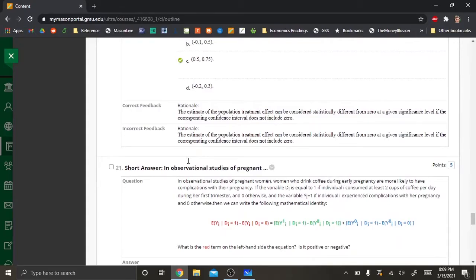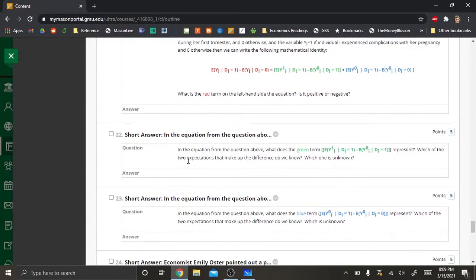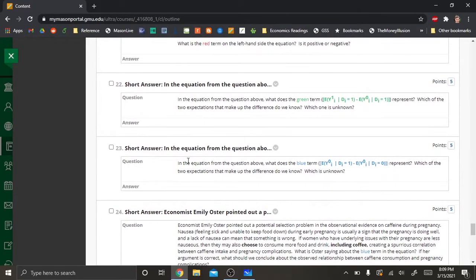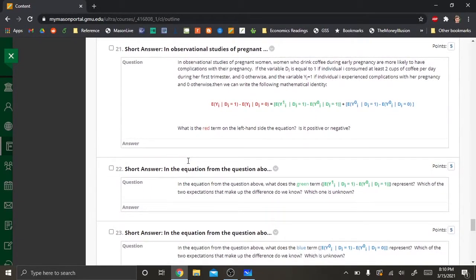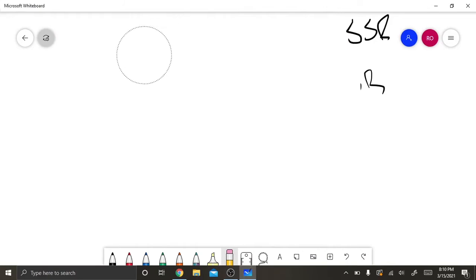Okay. Numbers 21 through 24 are all kind of 4 parts of the same question, and these all came from material in the selection bias video. Okay, because if you remember, we wrote out this really long expression